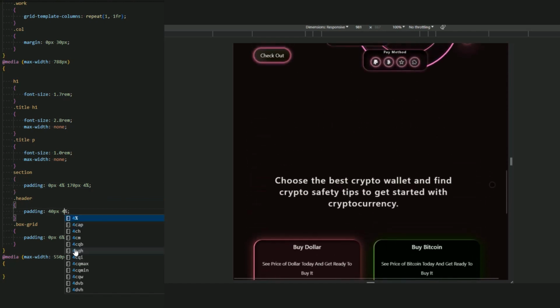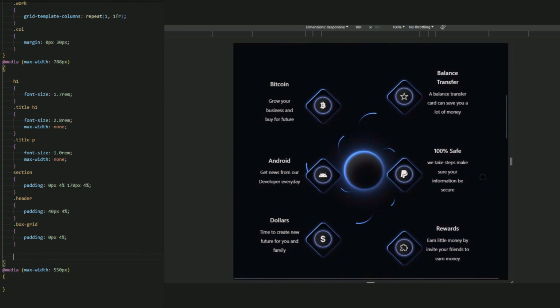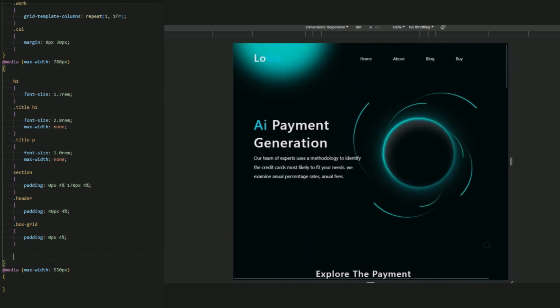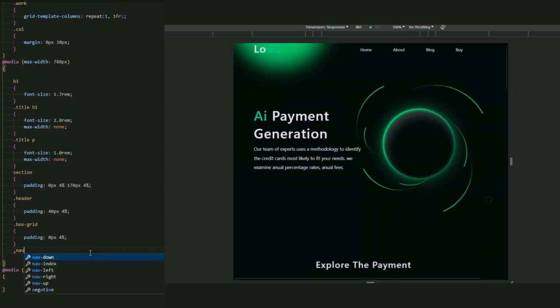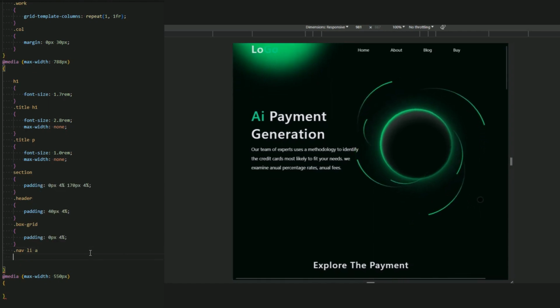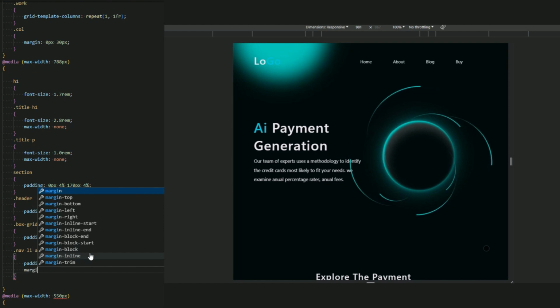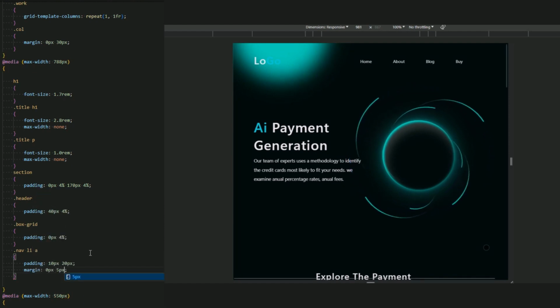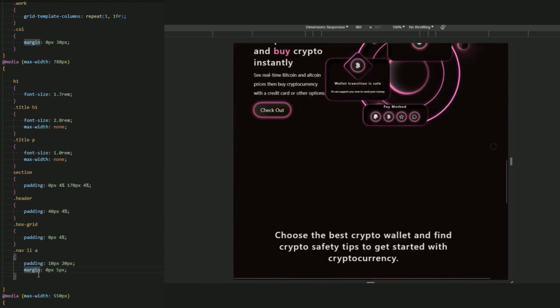And now for the section, let it be 4% instead of 6% for the left and the right. 4%, 4%. And now let me decrease a little margin and padding of this menu of the nav that we added here. So now nav LI A, let the padding be 10 pixel, 20 pixel, margin 0 pixel, 5 pixel of this nav LI A. And now let me add a grid of this.